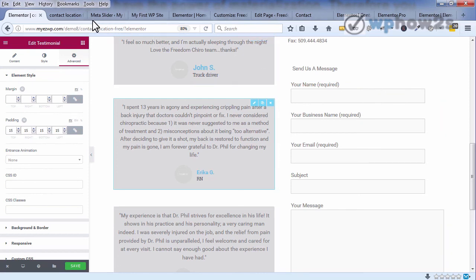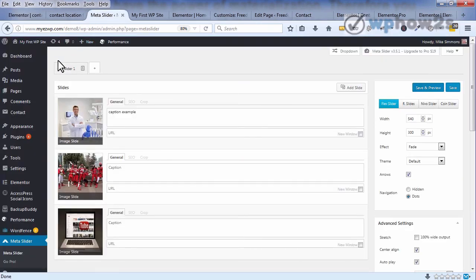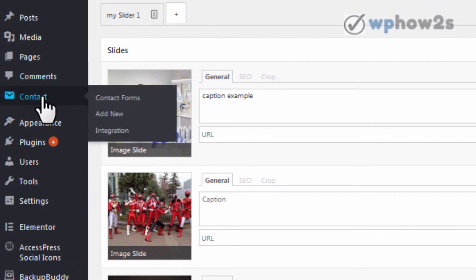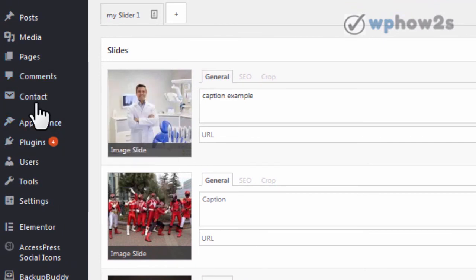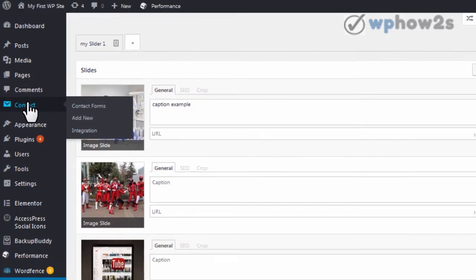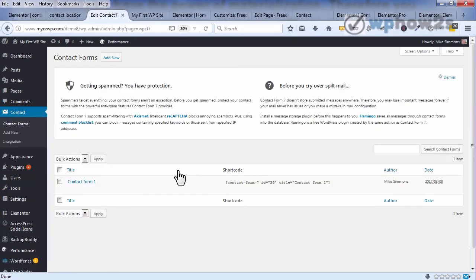So if we go back to our WordPress dashboard for our contact form, you have to have Contact Form 7 under your plugins uploaded and activated, and you'll see Contact over here. I'll go ahead and click on that. By default, you're going to have a default contact form already made for you. And right here, there's some information you might want to read. Right here where it says it doesn't store submitted messages anywhere, that way you may lose messages forever if you have mail server issues or make a mistake in your mail